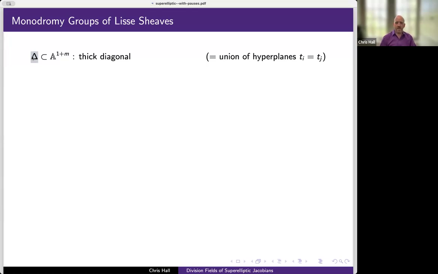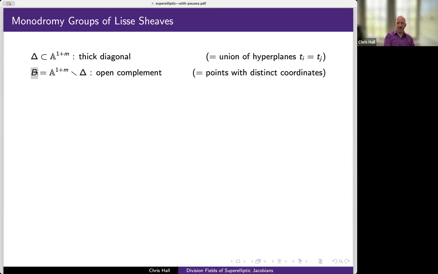Okay, so sometimes this is called the thick diagonal, as opposed to the real diagonal, by which we mean all the coordinates are equal to each other. So it's a divisor. It's a really nice Zariski closed subset of the affine space. Its complement is open, Zariski dense in the affine space, and it's really this open complement that we're going to